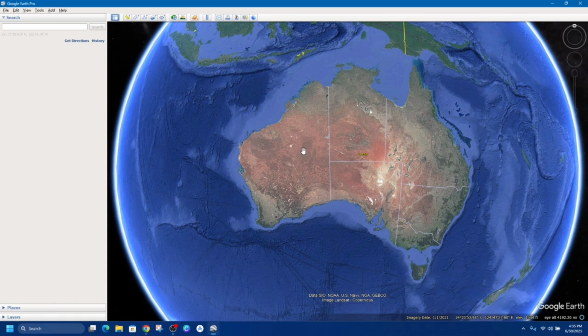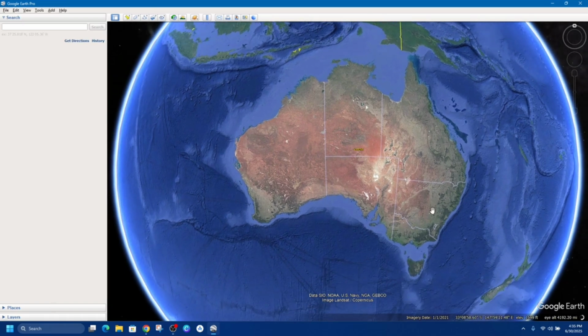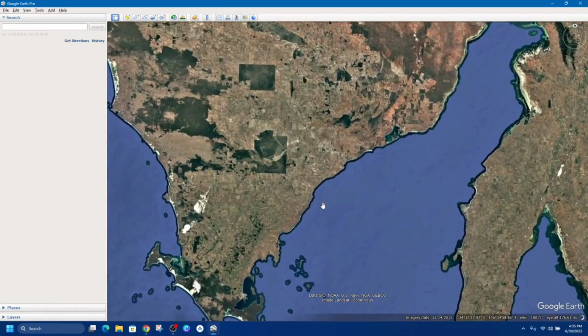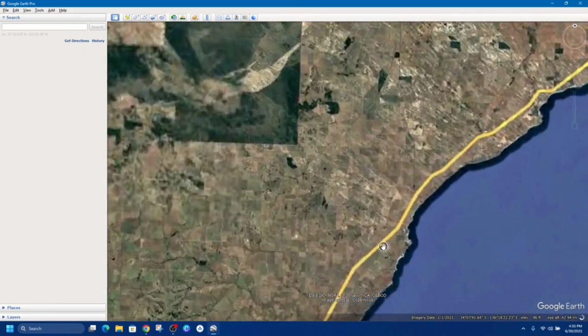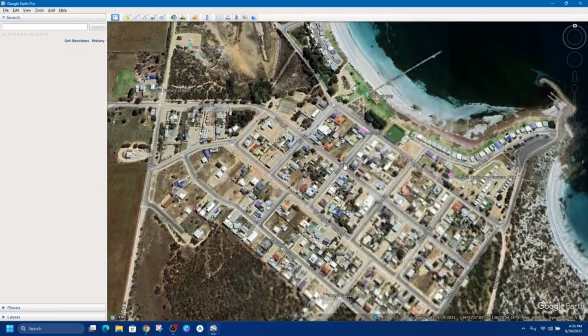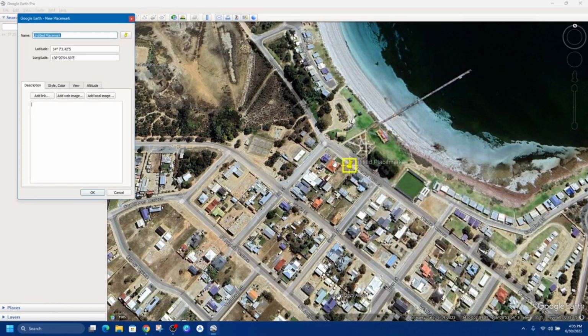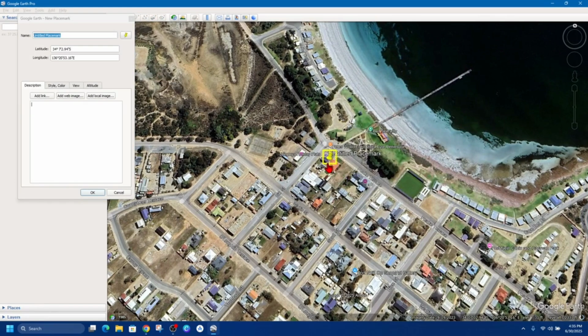In saying that, let's just jump straight into the video. Alright, so the first thing we need to do is add a placemark, and then we're going to go ahead and export that. So I'm just going to choose a location in my home country of Australia. So I'm just going to zoom into any spot here. Alright, so from here, I'm just going to click on this add placemark on this location here, like so,